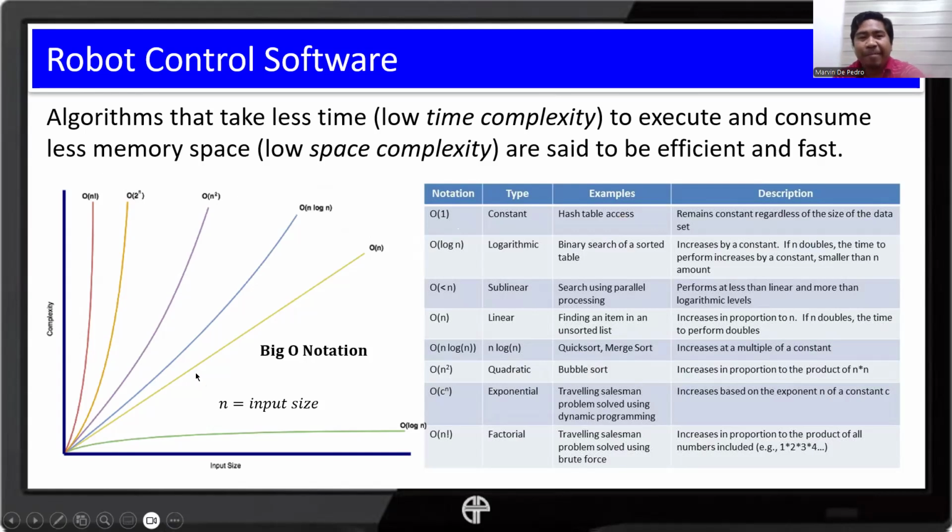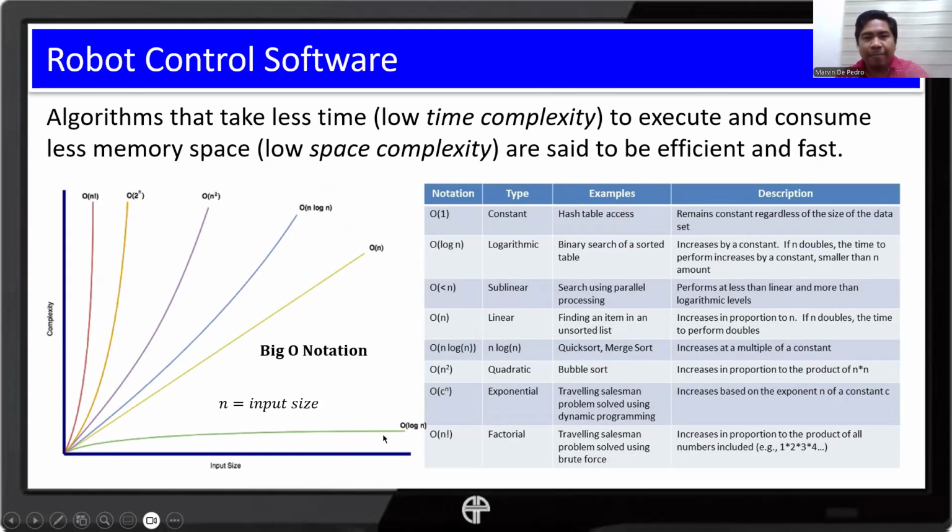But if we cannot have an algorithm that has a notation of O of 1, then the next option for us is O log of n. After that, we have O of n, and then the rest will follow.